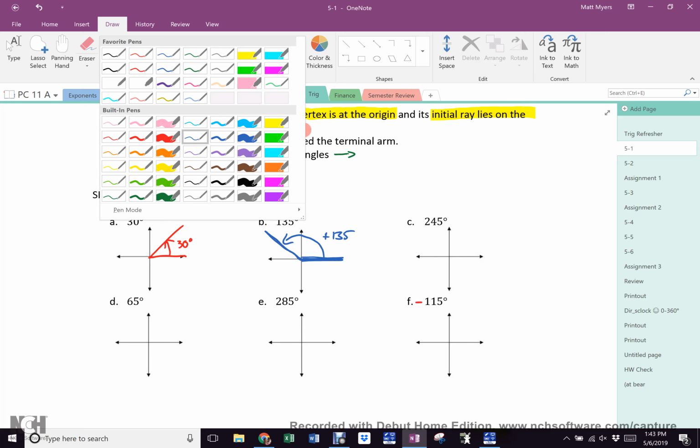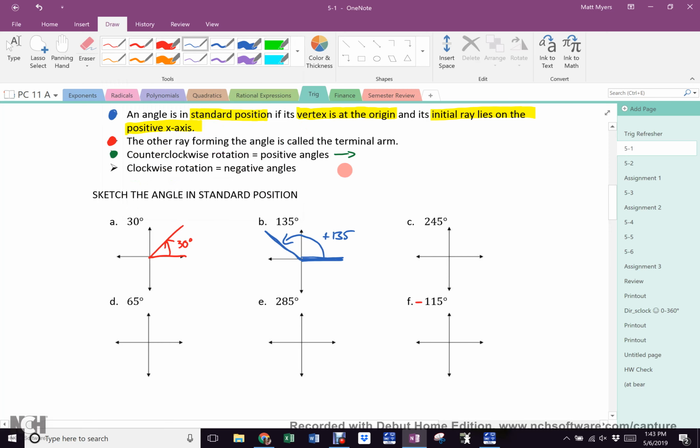What is going to be the same on all of them? They're all going to start on the initial x-axis, yes? Yep. On the positive x-axis. Now,